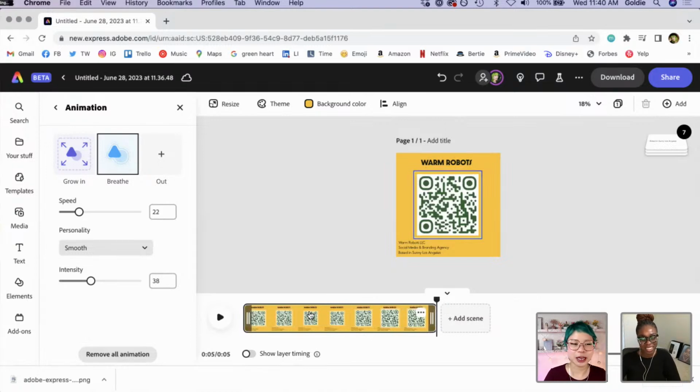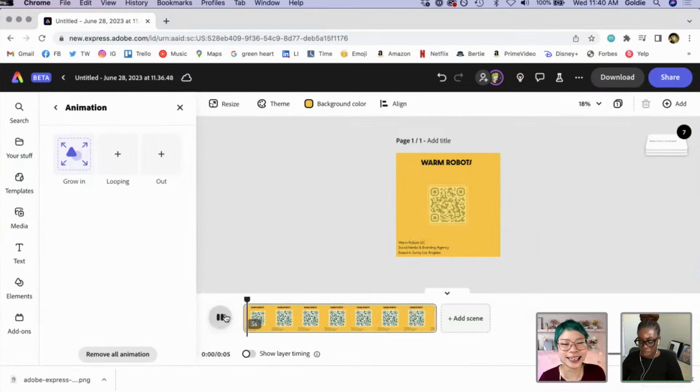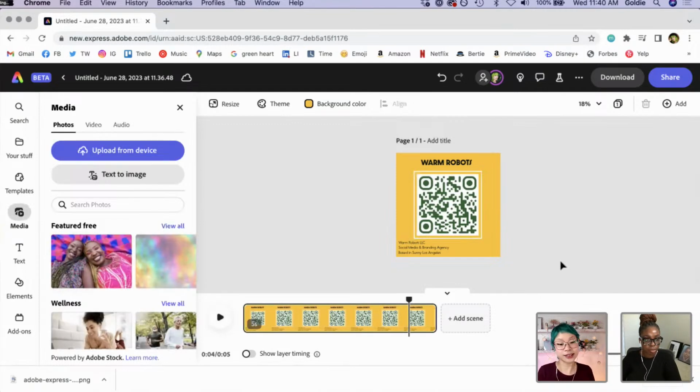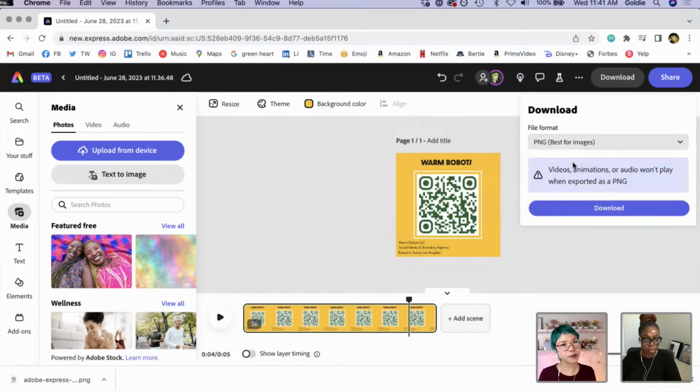Which actually, now thinking about it, you probably don't want for a QR code, because then you can't scan it. So we're gonna dump that. That is a very good note to make there. But we can animate it in, and then now if I put this as an Instagram post, people can literally scan that Instagram post. They go to your website, which is so neat. Or you can, once again, download this, and I can save this as a PNG.